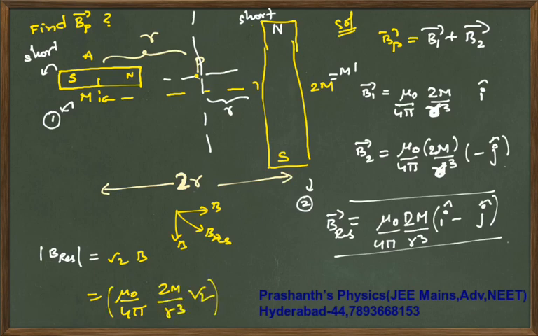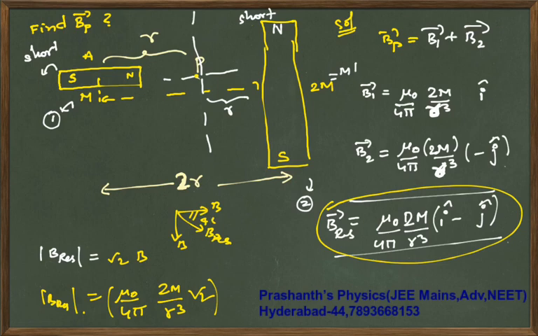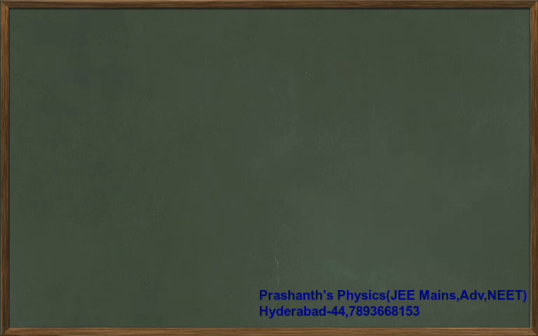Vectorially it is this much, magnitude wise it is this much, direction is anyhow 45 degrees with horizontal or 45 with vertical, because those two are of equal magnitude. Like this you will have basic questions and you will be able to solve them. Right, next let's move ahead to the next example.